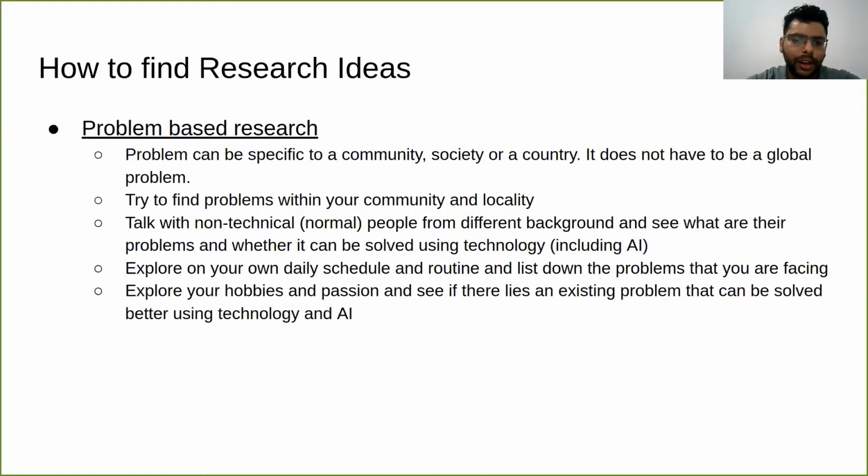Another thing is that many of you might have different hobbies and passions. All these research ideas don't have to be specific to the software engineering domain.